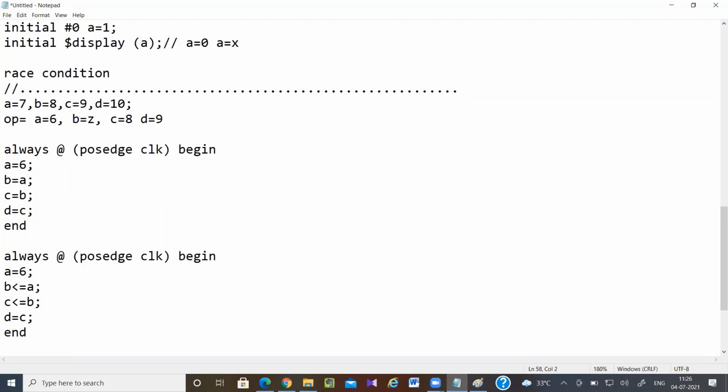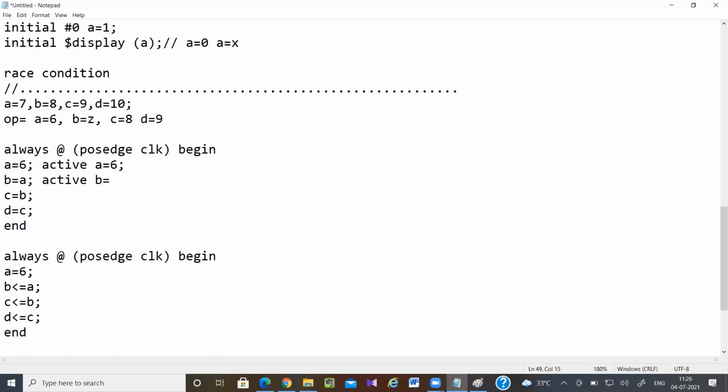Okay. So now here in the active region, what is the A value? 6. Okay. So now this statement will get executed in the active region. So now in the active region, what will be B value? 6. Why?